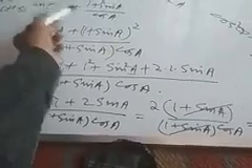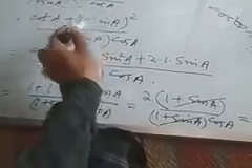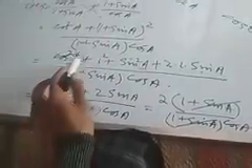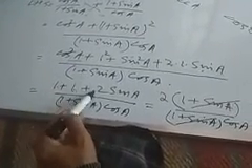Once again I will repeat how we have done it. First of all, cross multiply this one: cos a into cos a, cos square a, plus 1 plus sin a into 1 plus sin a, whole square, divided by 1 plus sin a into cos a. Now this is cos square a plus 1 square plus b square plus 2ab, divided by 1 plus sin a into cos a. Now cos square a plus sin square a, using the first identity, is equal to 1, plus 1 square equal to 1, plus 2 ones are 2 sin a, divided by 1 plus sin a cos a.